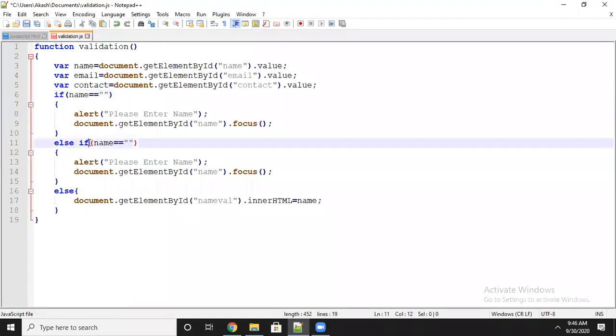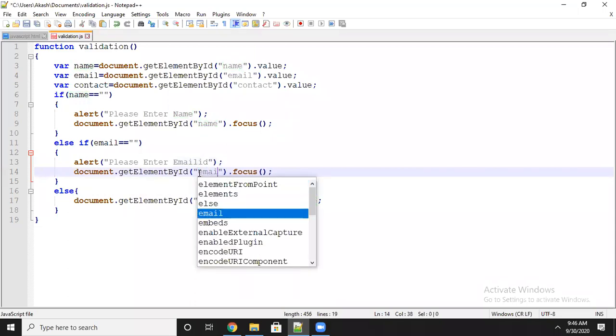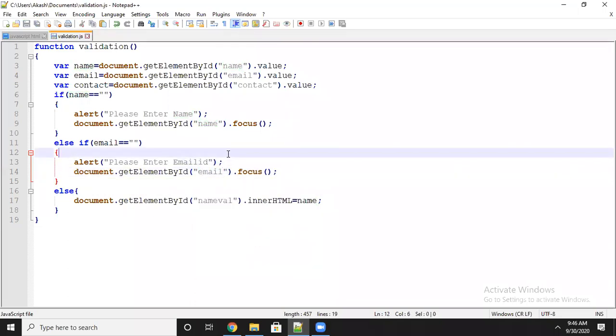In the else if next case, I will do the email validation. If the email is empty, what message has to come? Please enter the email ID. And here I have to focus the email field only. Email is over. Next is contact.